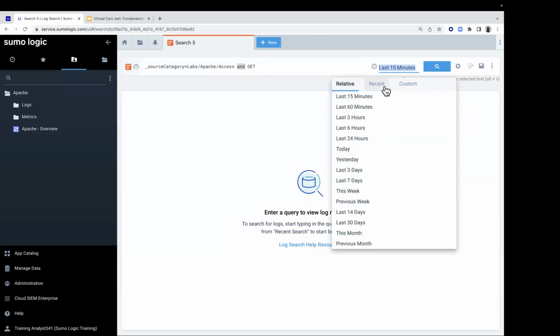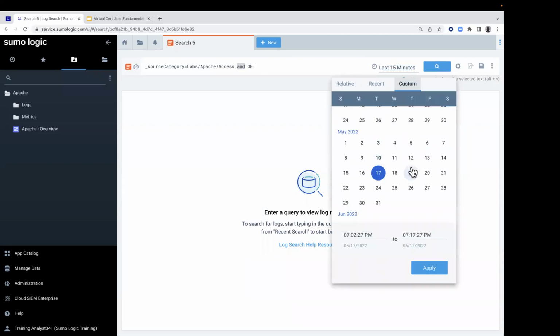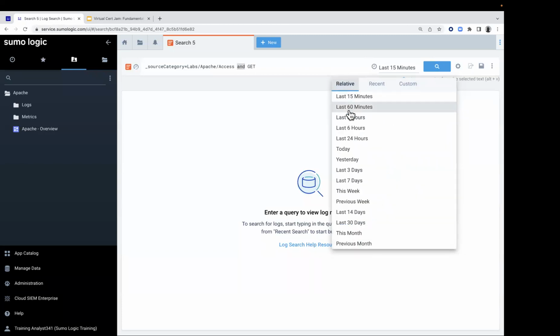If you've never been in the actual tool, you'll see a recent tab and it won't have anything in it because you haven't recently done anything. But these are the recent items I've been through. And then I have the ability to customize it by going through a date and time period. So what I'm doing right now, ladies and gentlemen, is clicking on the time to review the different time periods, and if we click on relative time,